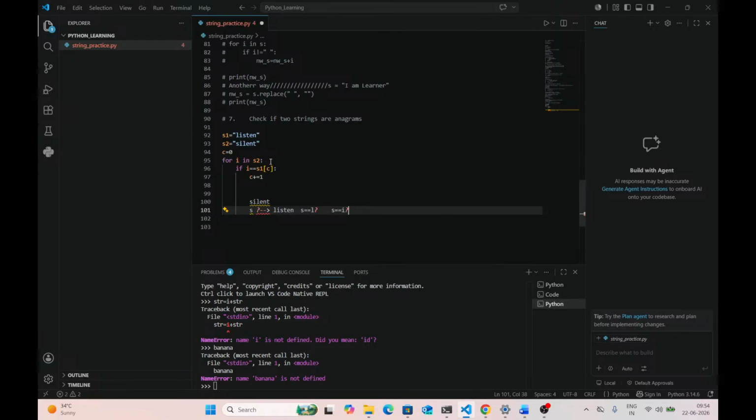Then we will check if that S is not equal to our first value, then plus. Okay, else